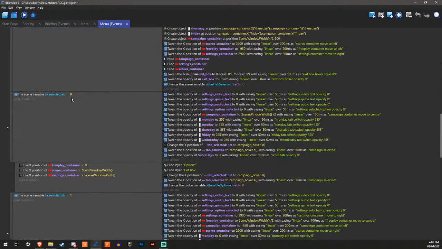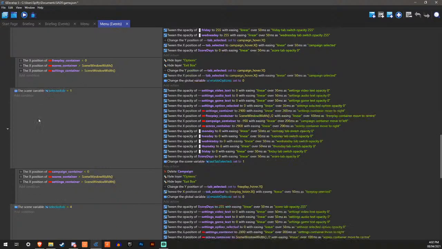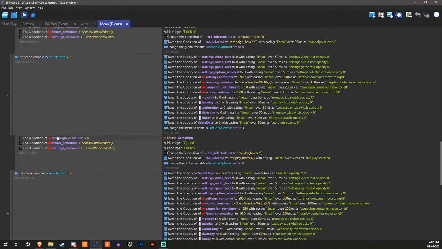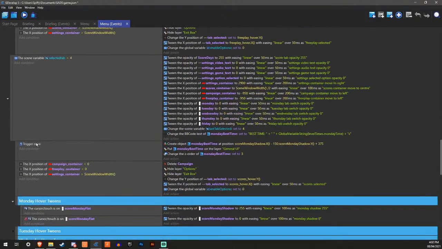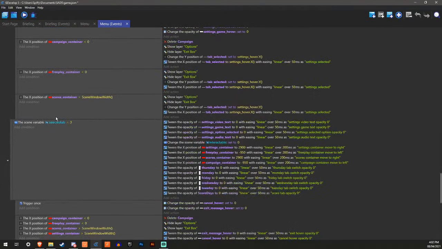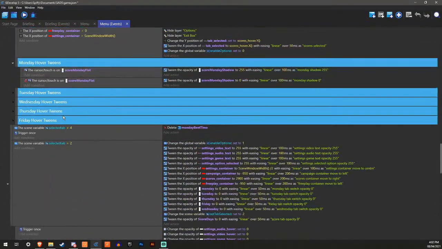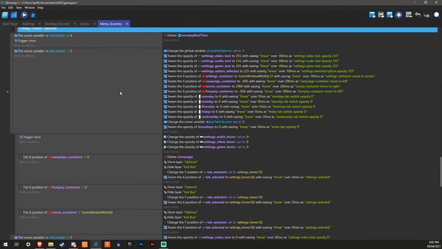RS and DT. RS. What does that mean? Settings.